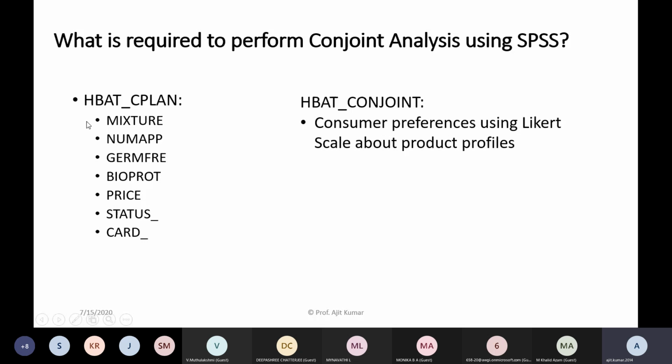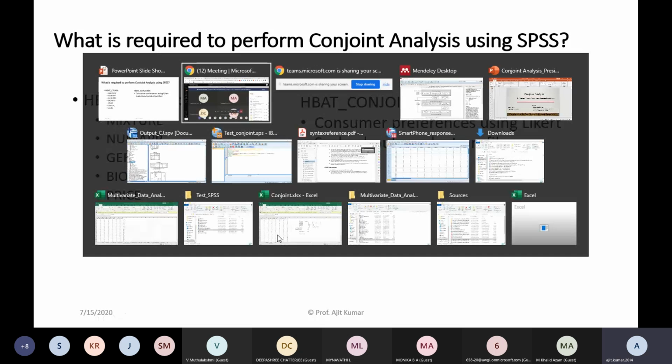From that simple example of 2 by 2 by 2, we are increasing here. The number of factors is 5. Now under each factor, there are certain levels. What are the different values available under this mixture? Can somebody confirm how many values there are under mixture? Otherwise, I'll show you my Excel file and describe this.